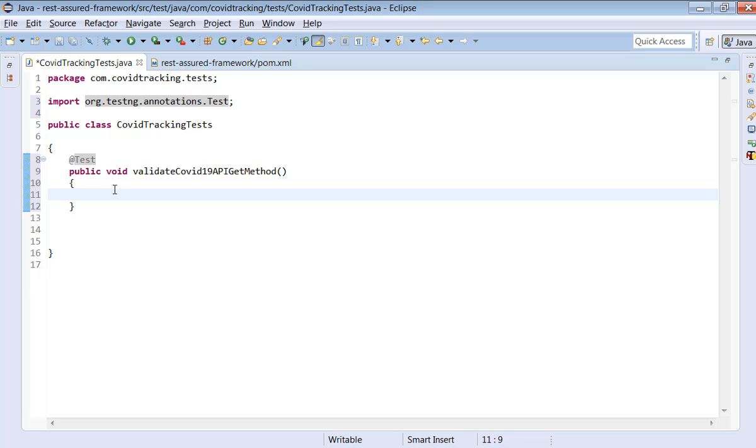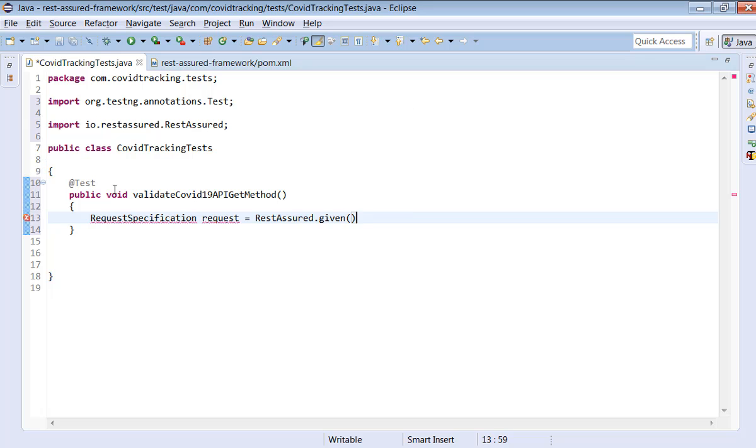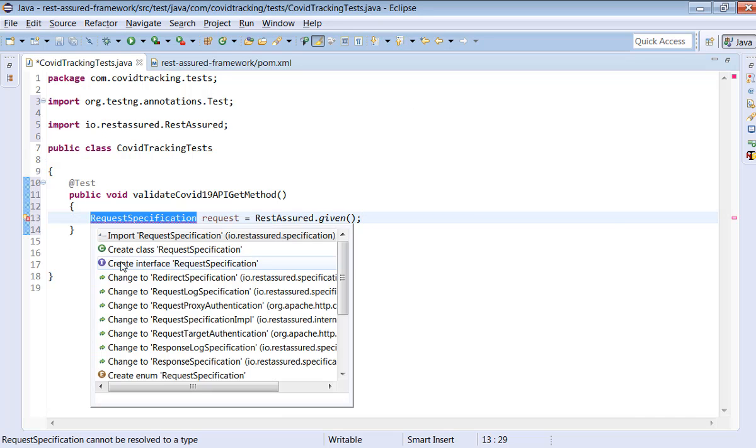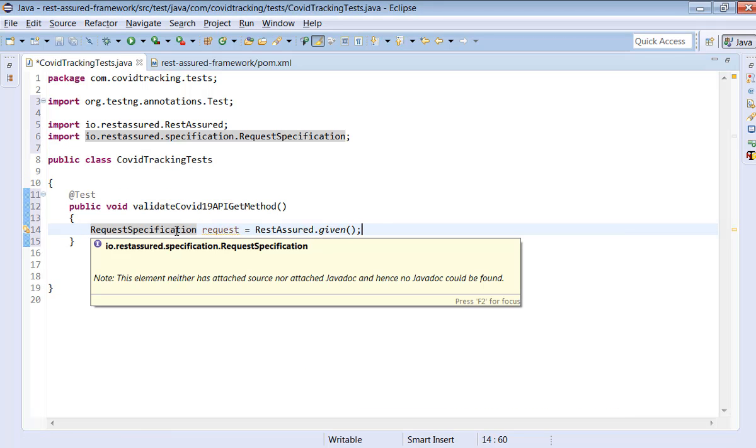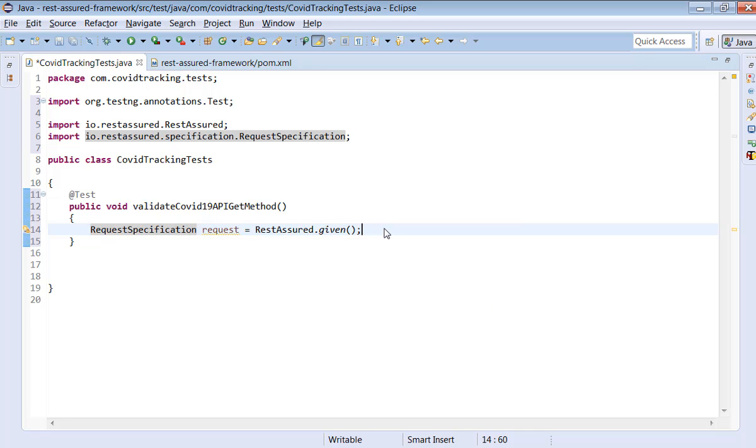So that's the reason first we have to build the request specification object, where we provide request equal to RestAssured.given. Okay, and right click, quick fix, import this.